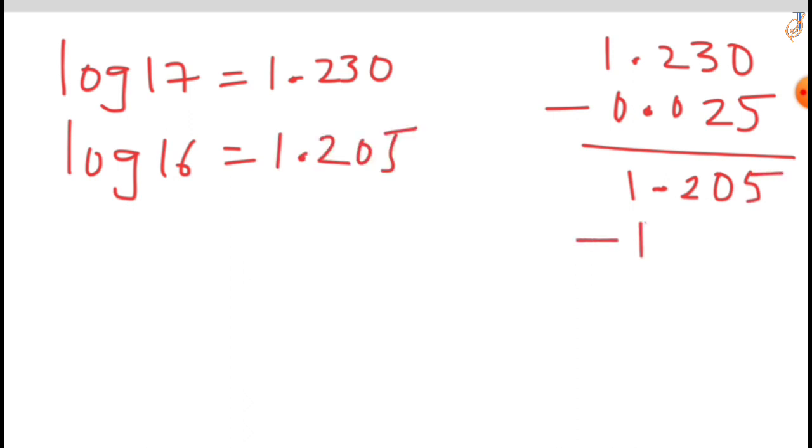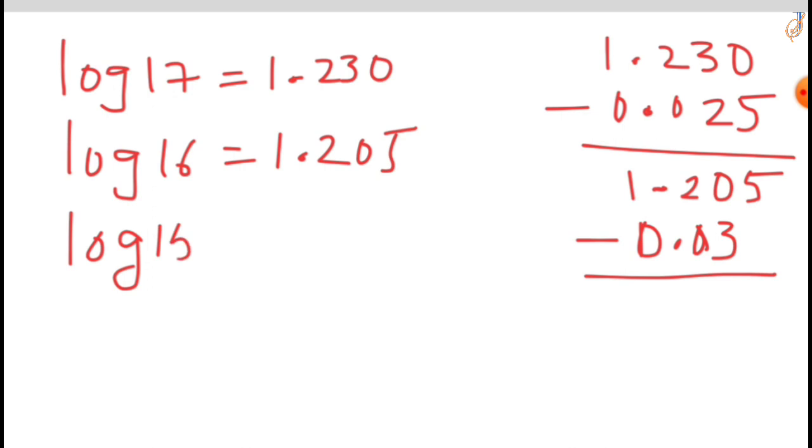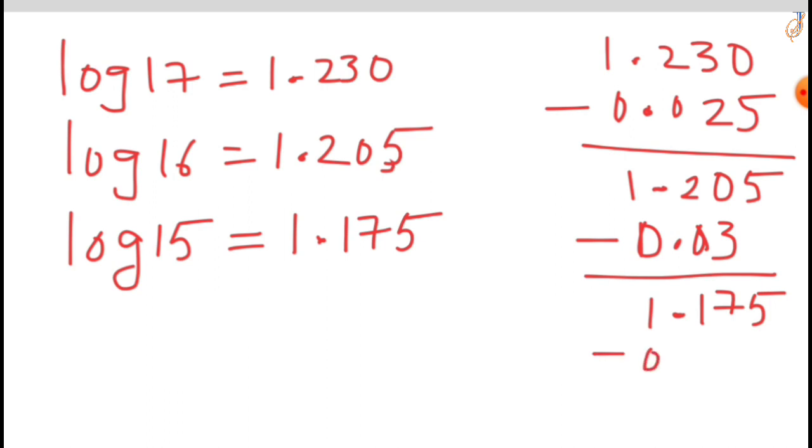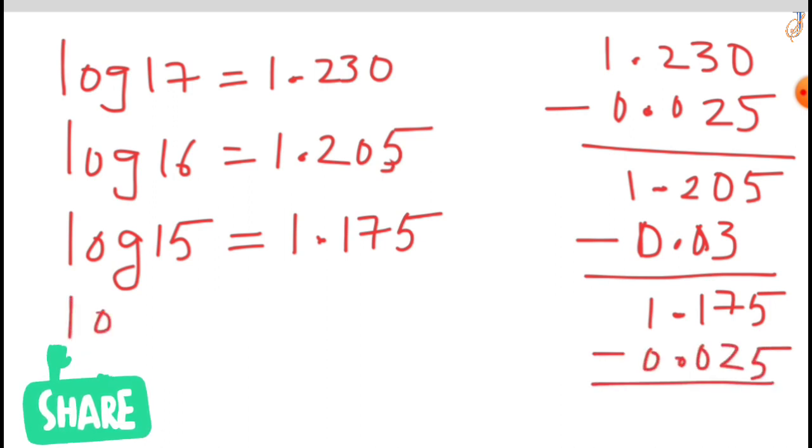After subtracting 0.03 from 1.205, it gives the value of log 15, which is 1.175. After subtracting 0.025, it gives the value of log 14, which is